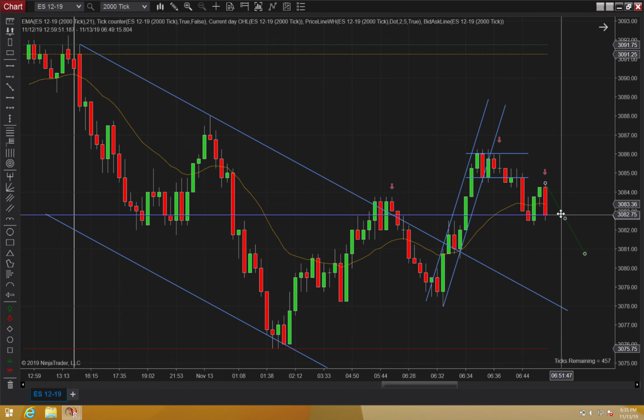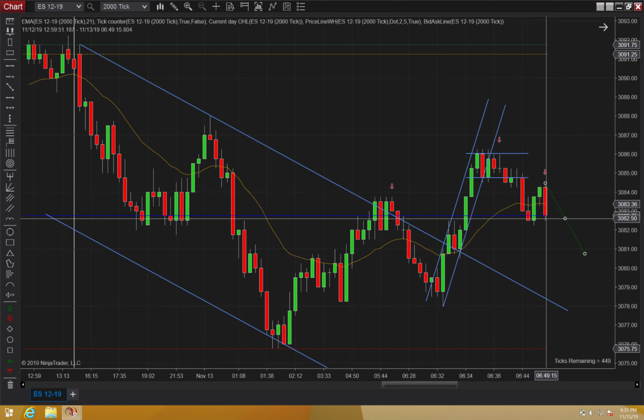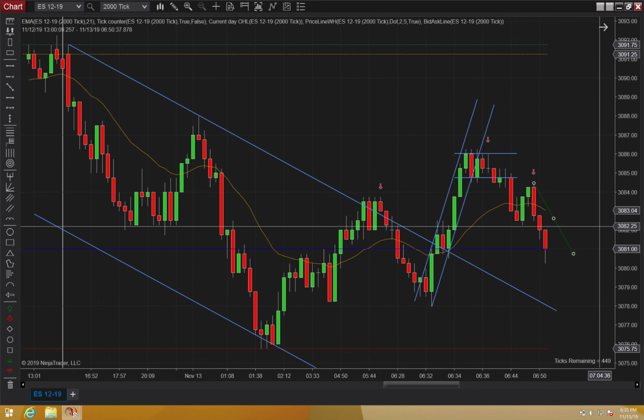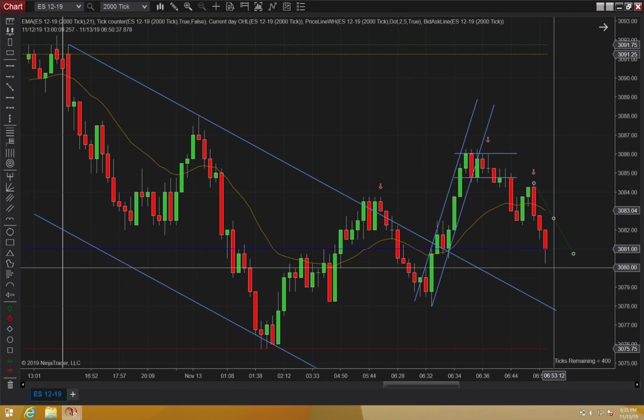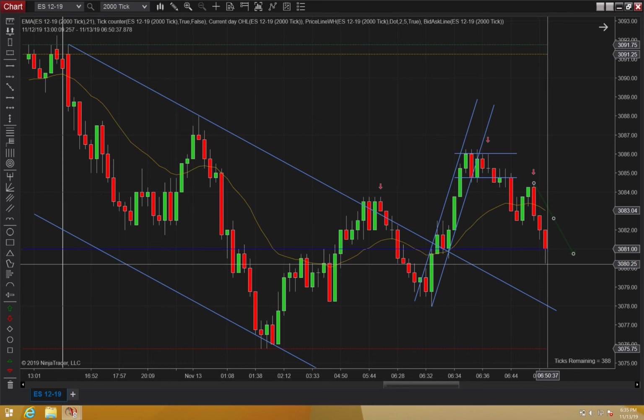So I re-entered on a limit there. When it broke below, I just put my limit order. It came back, filled me, and then closed down there. Pretty much got my scalp easily. And then I had my second contract at that 3 point mark, which was right here on this 30, 80, 25 line.